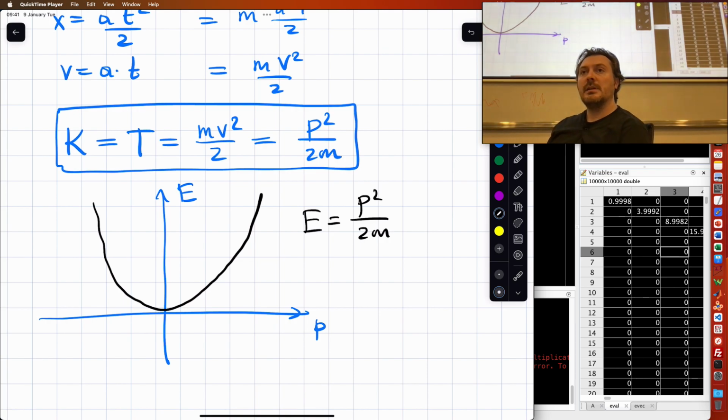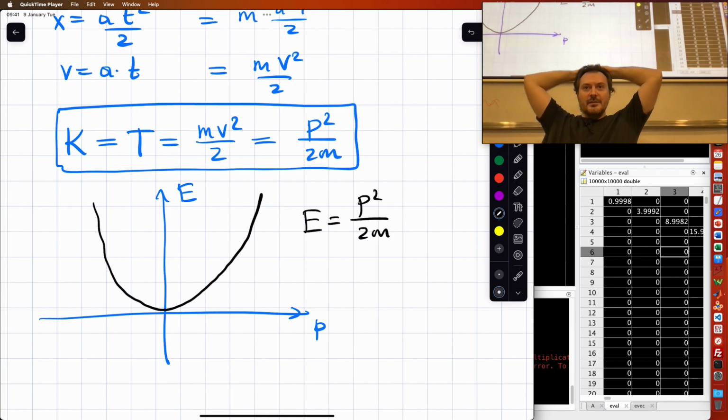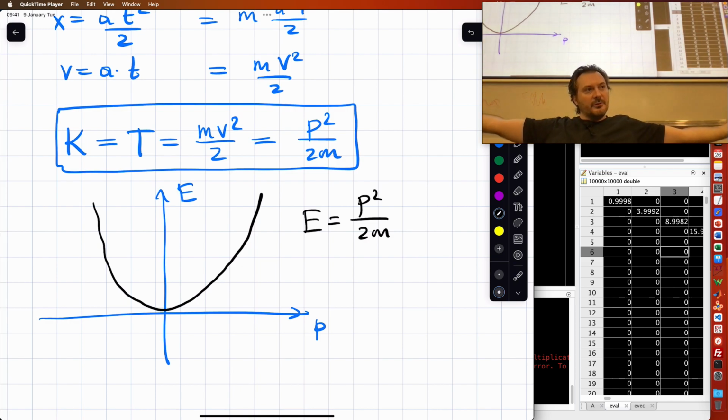Okay? And that mass is defined by the curvature of that parabola. If it's more up like this, then it's more mass or less mass? If you have higher curvature, less mass. Lower curvature, higher mass. Okay? Don't forget that. If there is no curvature, there is no mass.